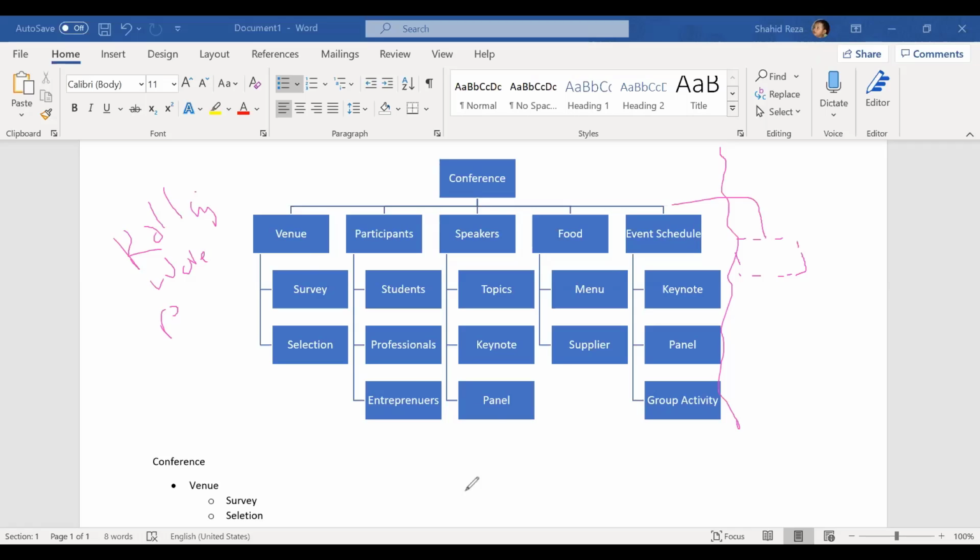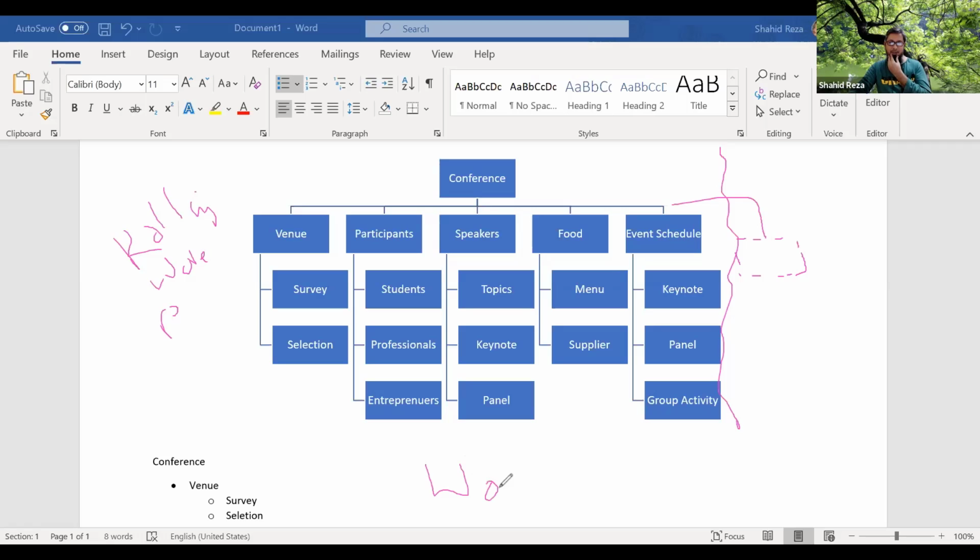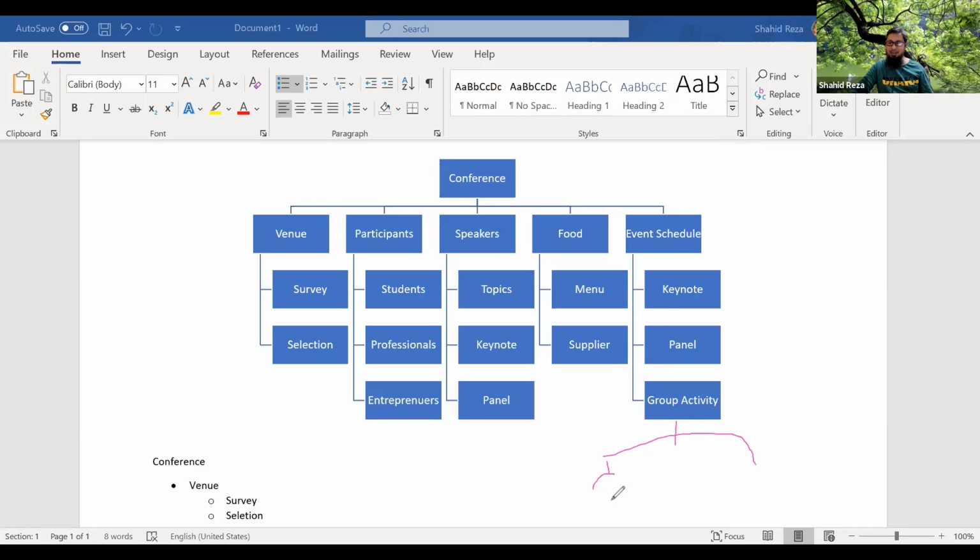The last thing I want to discuss is the work package. What is a work package? This is the parent and these two are children. And say these three are children. Panel is a child, right? Group activity. Say, for example, we are breaking this group activity into another three components. Say one is, we will do some planning game with the